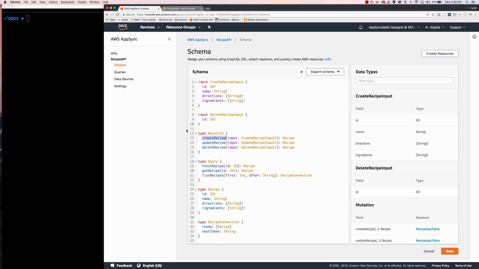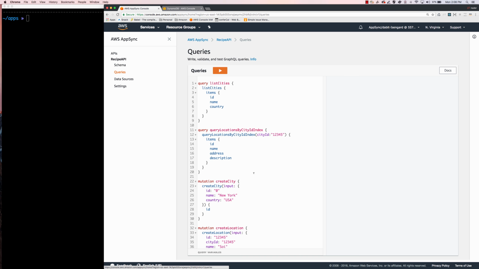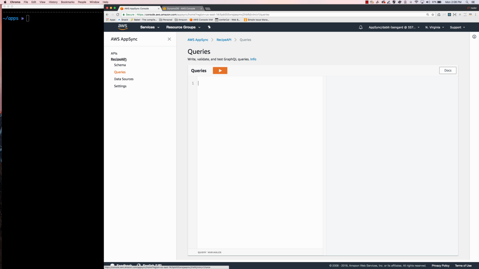So we're going to just copy the Create Recipe, and with AWS AppSync, we have a graphical editor built in. So when you click on queries, we can actually just go ahead and add our mutation in our queries here. So I'll say mutation create recipe input, and this is going to take an ID. I'll just hard code an ID for now. It's going to take a name,